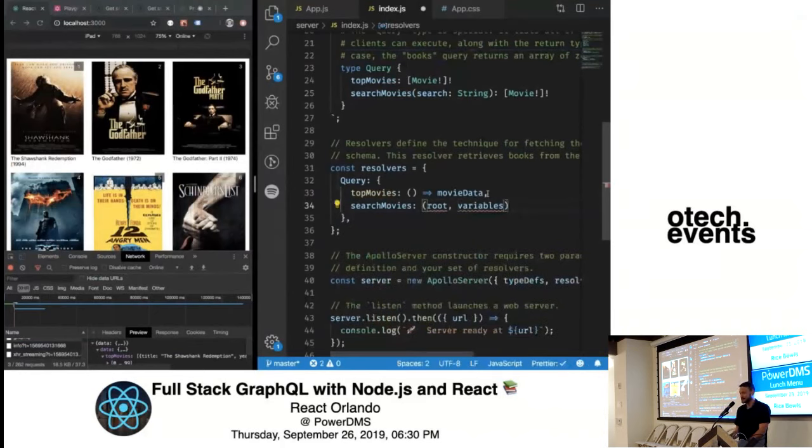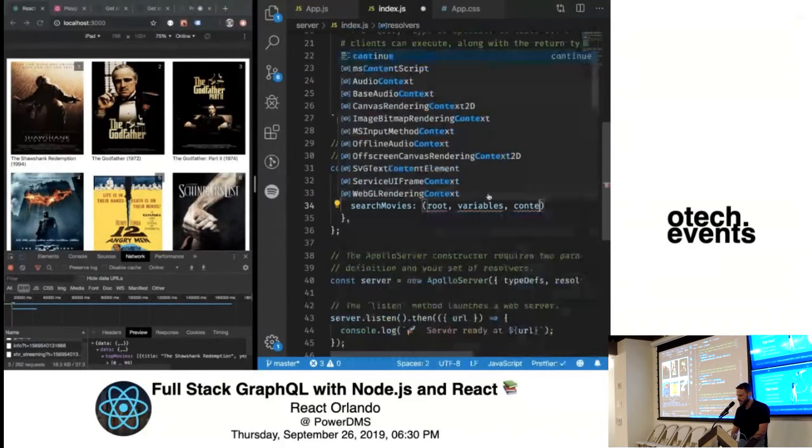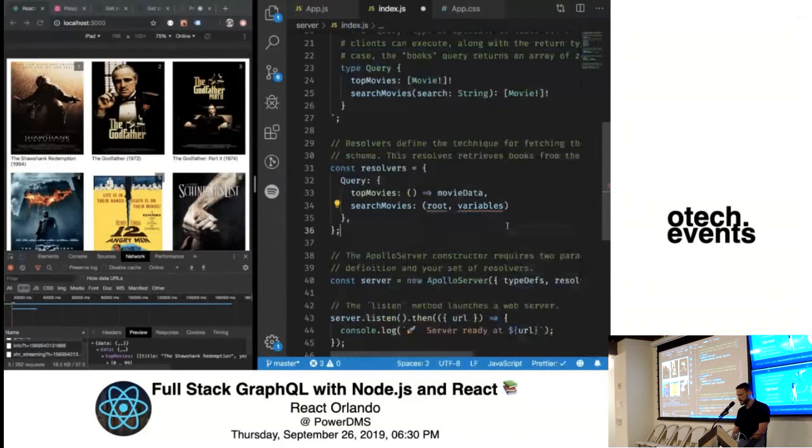Second one's the variables that are passed from the client, and the third is context, which, if you've done any API development, is like your user, whatever you put in the context of your requests. GraphQL uses this mechanism for it, where the third variable would be whatever you put into context through middleware or what have you. So all we really need is the variables, but that first argument will be in the way.